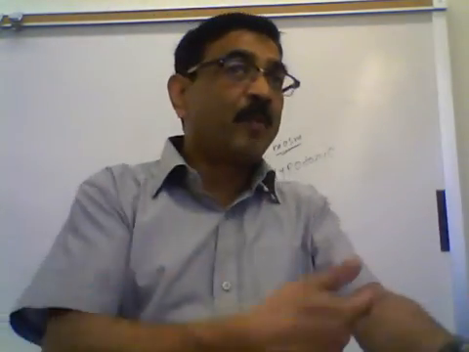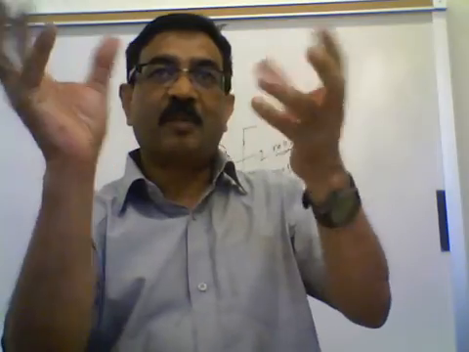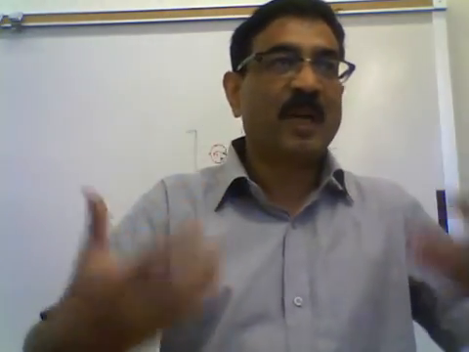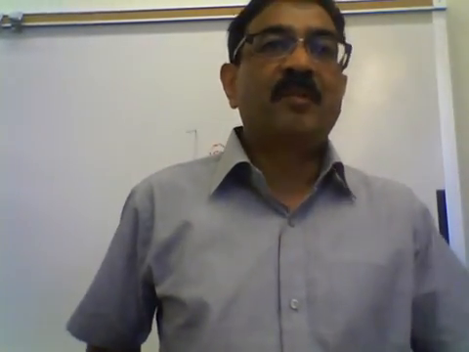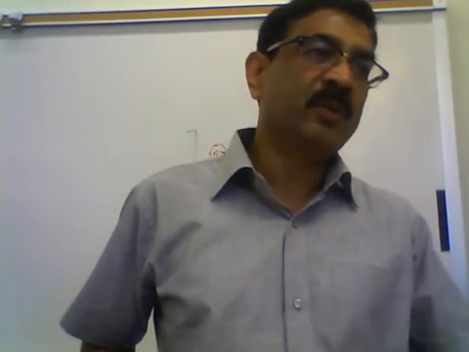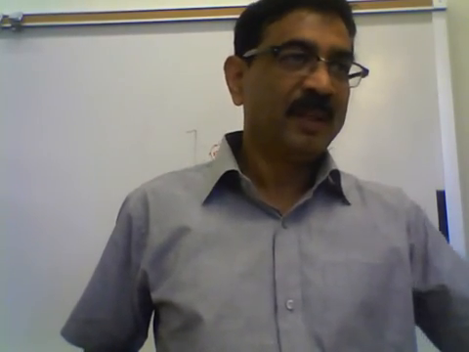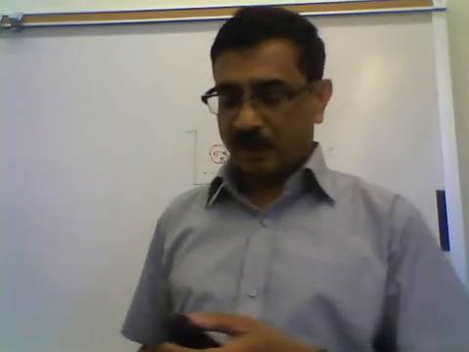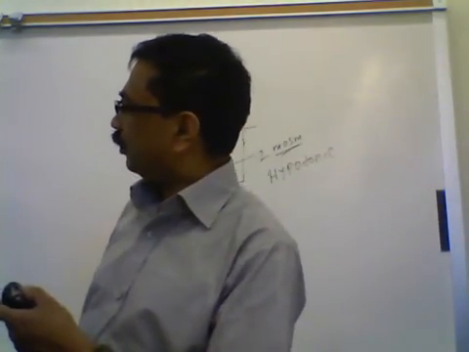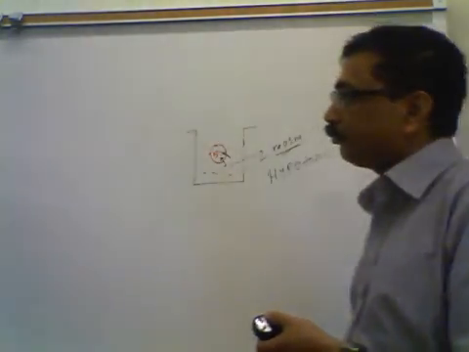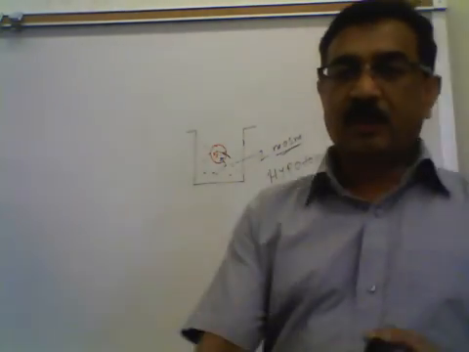If you put hyper or hypo, that may change the shape of the cell, right? Red blood cells in your blood. So it is safe that you use isotonic solution to put in the body. Okay, so let's talk